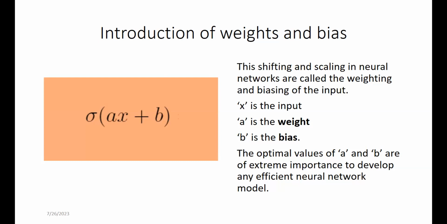So X is the data which stores the information about whether that particular piece of land is fertile or infertile. A and B are certain parameters. We call A as weight and B as bias. We'll see why we are calling A a weight and B a bias. And the determination of optimal values of A and B is the main important task which has to be done